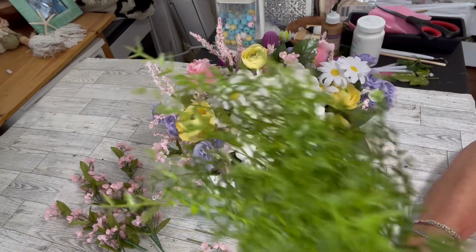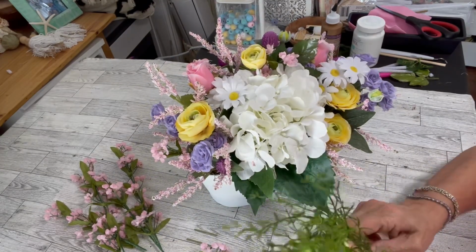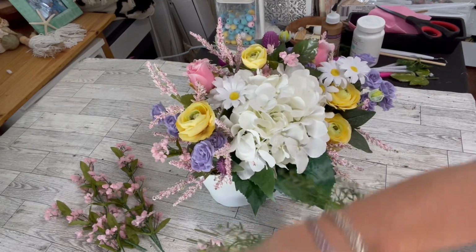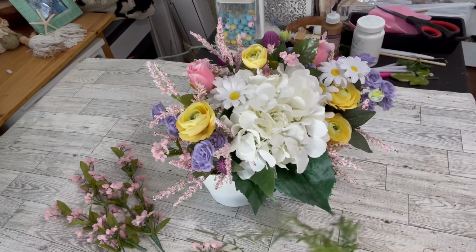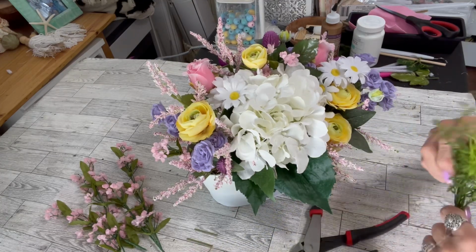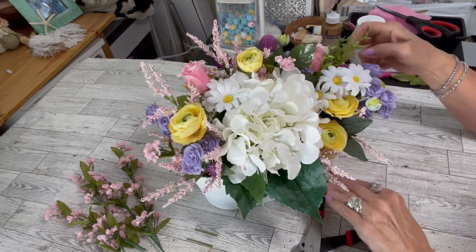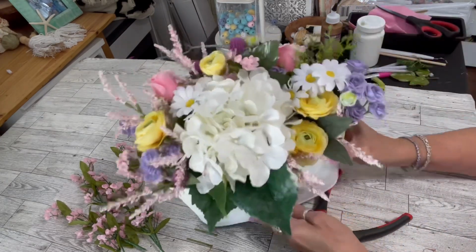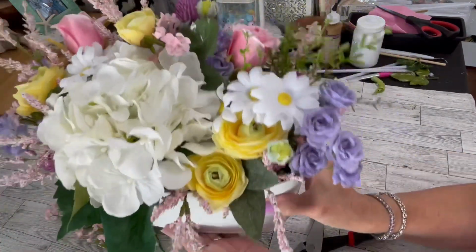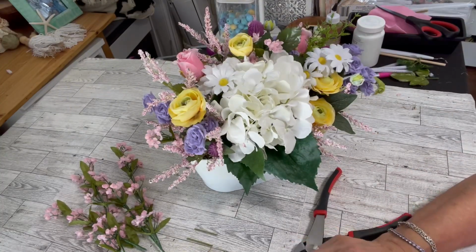And here we go with one of my absolute favorite parts of making a floral arrangement. I love to add in this greenery. Actually, Hobby Lobby has a couple different ones that I love to use. This one in particular, 50% off as well. When the florals are 50% off, it's like a very fine fern, and it is absolutely beautiful in an arrangement. I use it on wreaths as well,